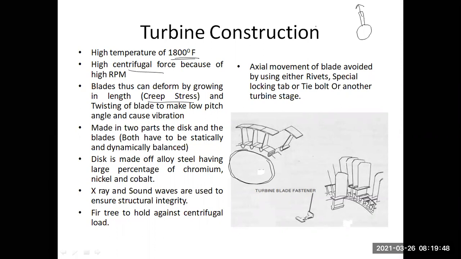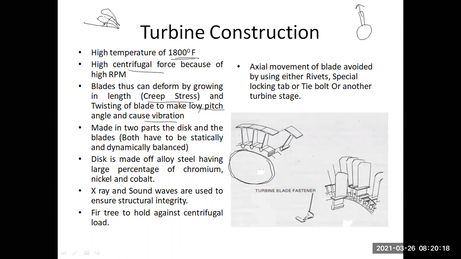Okay, as well as because of this, as the aerodynamic forces are increasing, it can cause the blade to twist. ये blade को क्या करेगा बेटा? It will twist and convert it into the lower pitch. Okay, low pitch बना देता है, vibration create करता है. Low pitch, you are understanding, right? Low pitch means what? If this is a blade and this was the angle of attack, it will reduce the angle of attack like this. Okay, that is called twisting the blade and making it into the lower pitch.